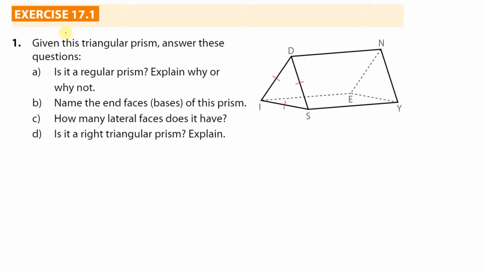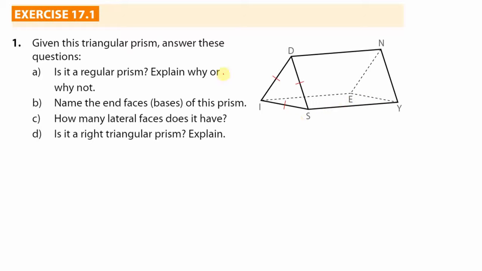So now, with all the theory behind the back, let's have a look at exercise 17.1 to illustrate some of these concepts. So given this is a triangular prism, we can see it is because we have two congruent triangular bases. So in other words, we could tilt this so that the triangle is at the bottom and the triangle is at the top, connected by rectangular